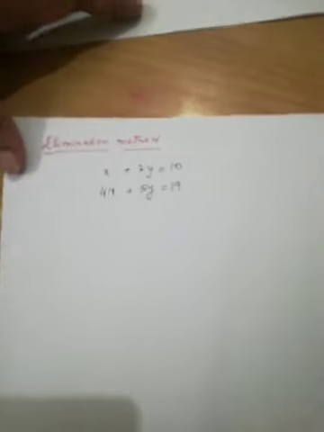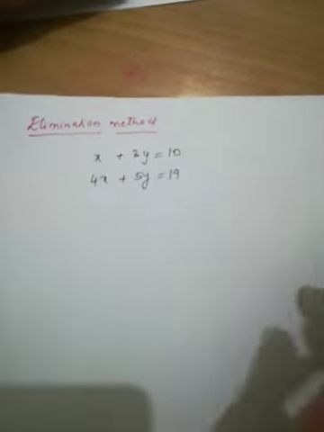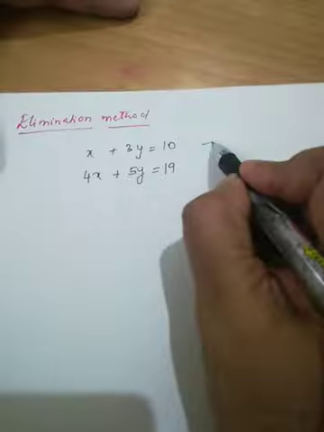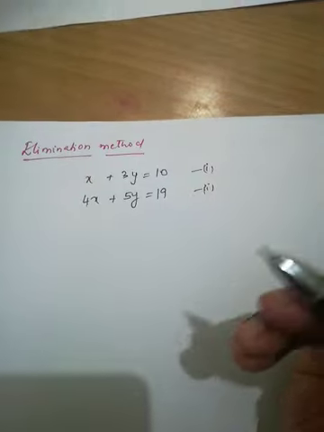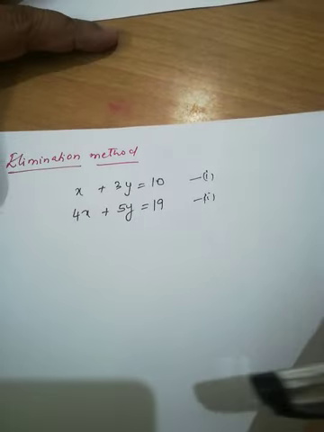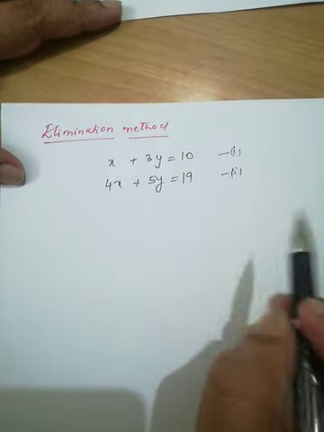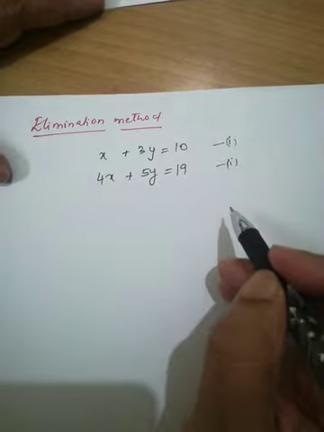Now let me teach you the next method, and I find this method easy. Most of our children find this method easy. Let us see. Okay, this is the elimination method. The name says elimination. That shows that we have to eliminate something. We have to remove something. So out of the two variables, let us remove one variable. How to remove one variable?